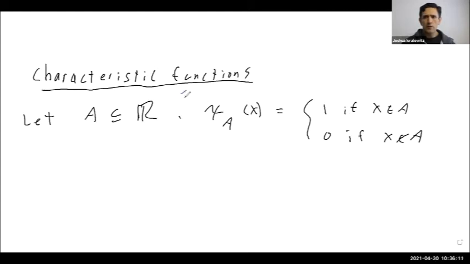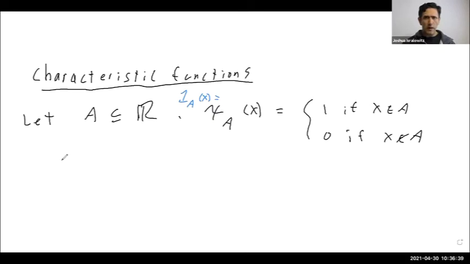Often this is written as 1A. It's sometimes called the indicator function. I'll stick with this notation. I think this is chi; it almost looks like a hammer and sickle type thing, but it's not. It's chi, I think that's the Greek letter. But anyway,